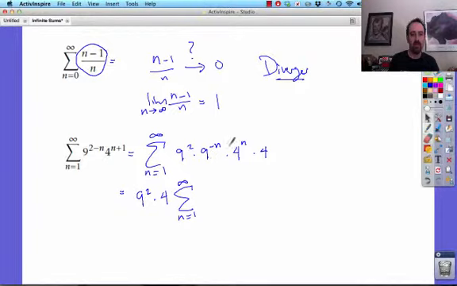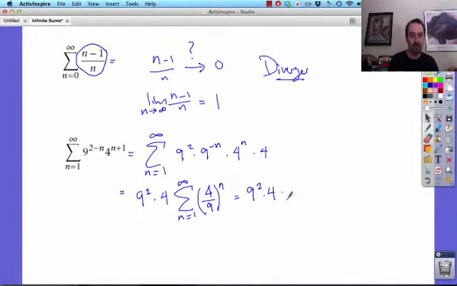In here I have 9 to the negative n. That's like 1 over 9 to the n. And 4 to the n. So this is 4 over 9 to the n. Now, this will converge as long as this number is less than 1. The absolute value of this is less than 1. It is. So this should converge to 9 squared